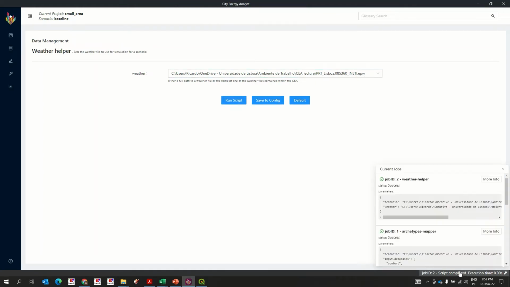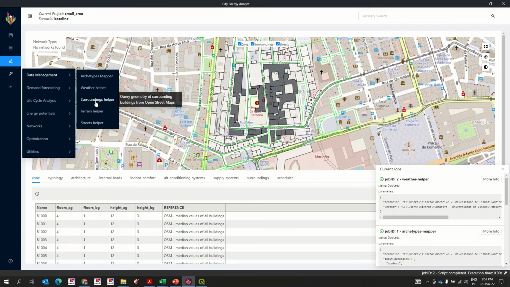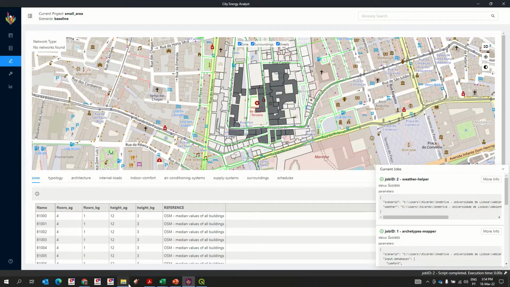So the script is completed. It was even faster than the other one, so it's very easy. If you have access to the file, it runs without problems. And then let's continue our data management. The surroundings we don't need, because we already have the surroundings, and we also have the terrain. As it says here, this tool results in a terrain file that has a fixed elevation. In this case, I believe it's 0, so it's not real, but we must have a terrain file for doing the simulation. If we go to our folder,